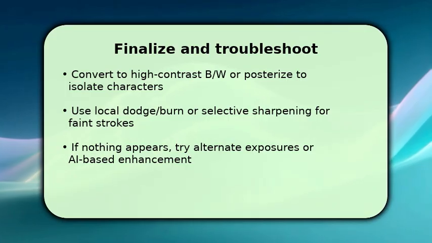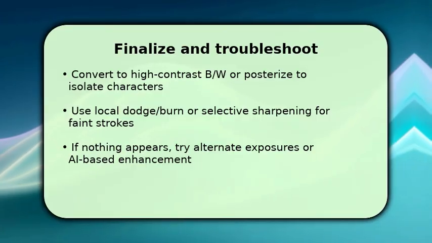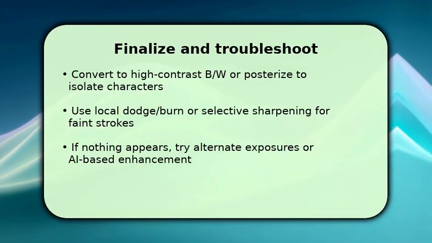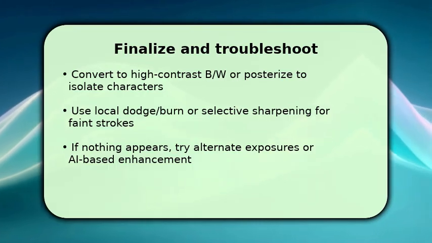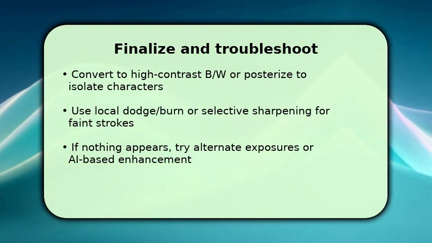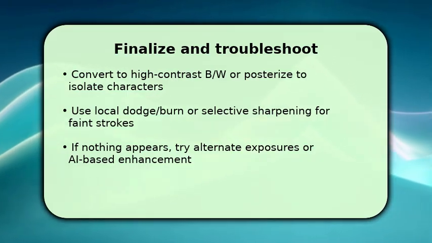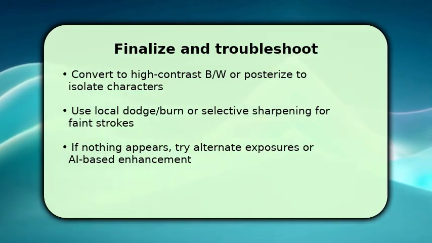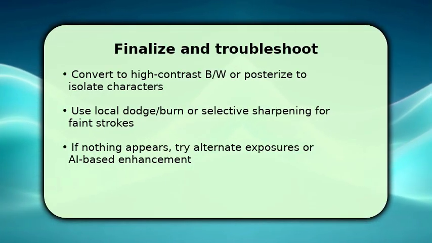Convert the enhanced layer to high contrast black and white, or use posterize to separate tonal bands. This makes characters pop. Use local dodge and burn with a soft brush to refine strokes and apply selective sharpening to suspected glyphs. If the text still hides, try different exposures, scan multiple copies, or use an AI image enhancer as a last resort. If artifacts appear, revert to the duplicate layer and try a